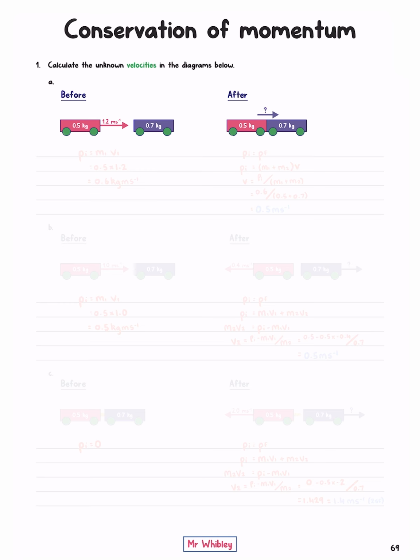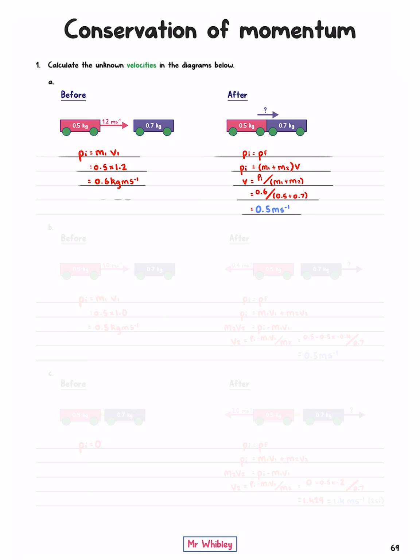To do so, we can recognize that momentum is conserved, so the initial momentum must equal the final momentum. We can find our initial momentum because this is just the momentum of our pink cart, so we just need to take its mass times its velocity, both of which we have, which gives us 0.6 kilogram meters per second. And now we know our final momentum can be replaced with mass times velocity, where the velocity is what we're trying to find, and the mass is the combined masses of the trolleys. Solving this for our velocity by dividing both sides by m1 plus m2, putting our numbers in, gives us 0.5